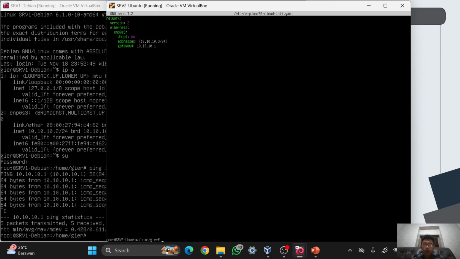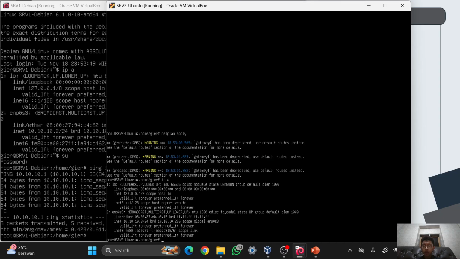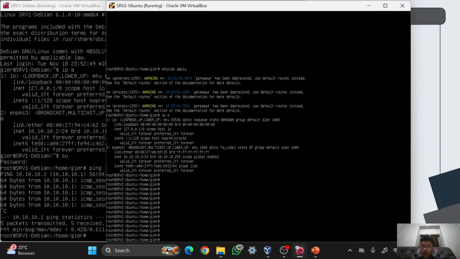And I will apply this configuration using netplan apply, and it should work. And right now it has been applied. I will check in here, and as you can see in the enp0s3, the inet in here has been changed into 10.10.10.3.